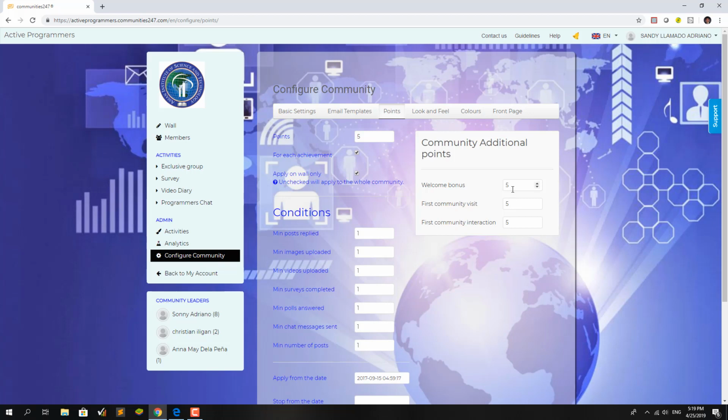You can also assign different community additional points like welcome bonus, first community visit, or first community interaction. So it depends upon your preference. So this point system allows the administrator or the moderator to give points to their members, and thus they can easily attribute a reward like an Amazon coupon for the most points for each member in the community.